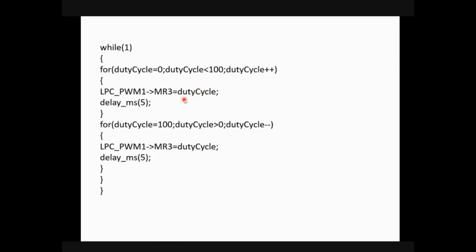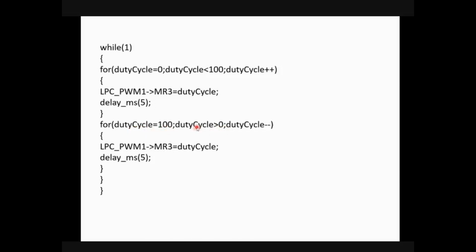So we are getting a positive cycle, or your wave will be moving from high up to the total time period of the complete square wave. Then the same thing happens at the logic zero level also. So make the duty cycle 100, and compare until it becomes equal to 0.